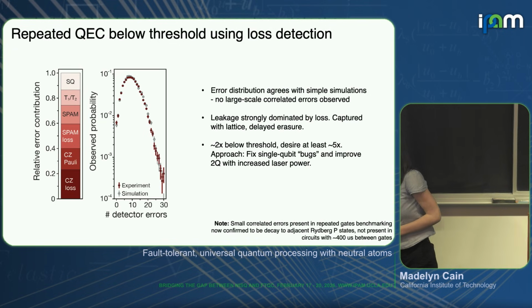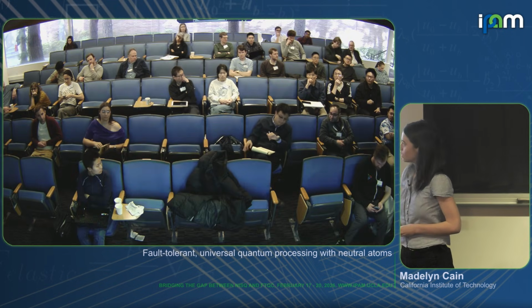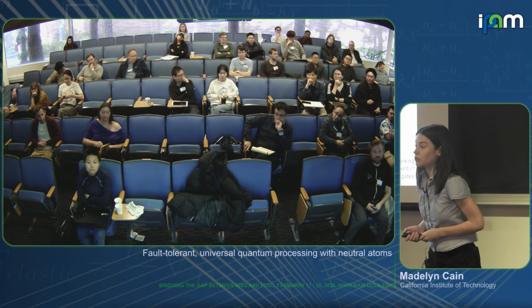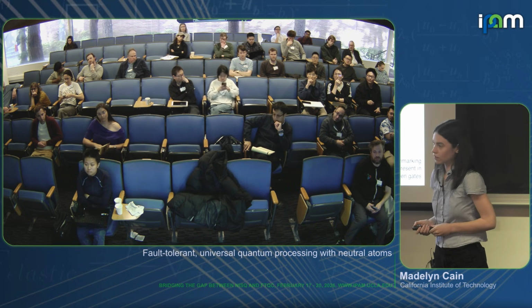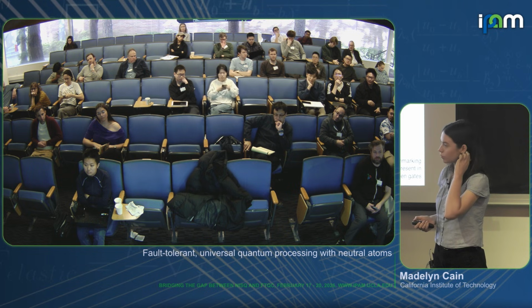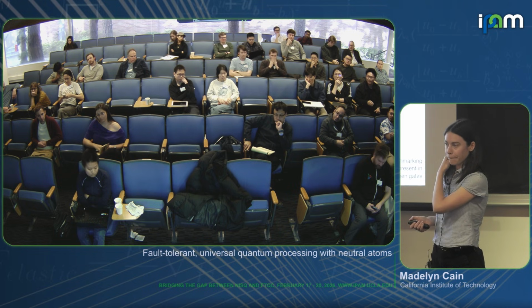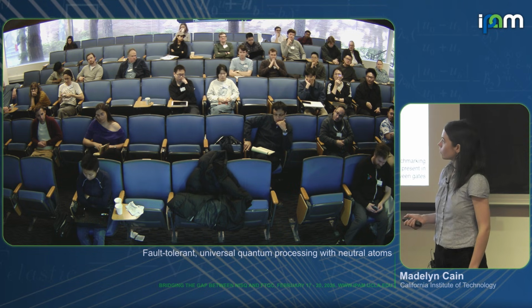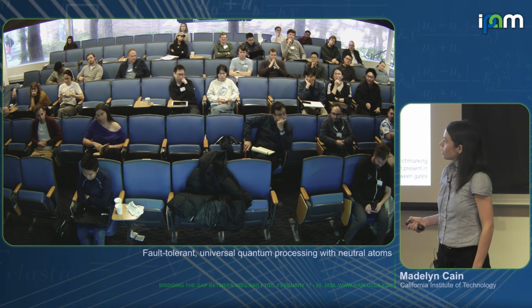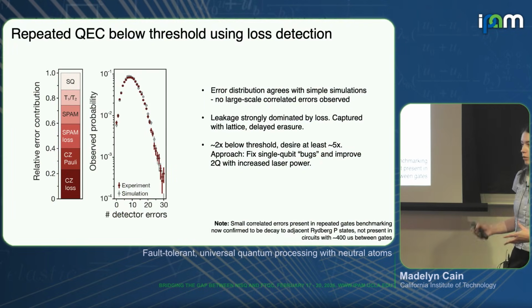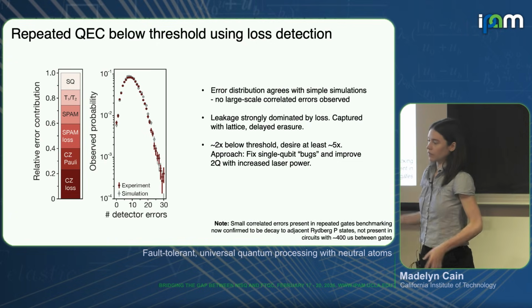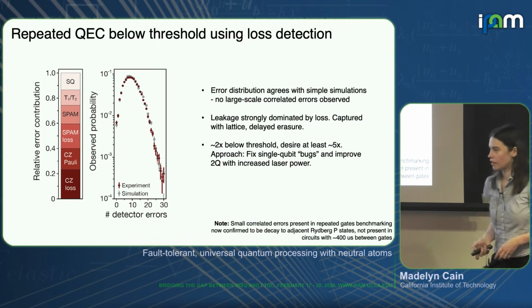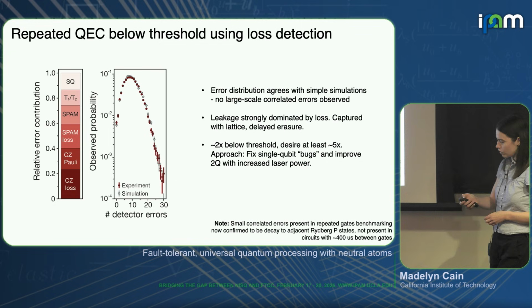So when you say there's no correlated error, this is up to what time scale? Up to what time scale? Yeah, is there no correlated error for whatever long time you run, or do you only verify up to a certain time? So this is a depth 4 circuit, but we took an order of 1 million shots and never really saw evidence of large-scale correlated errors.